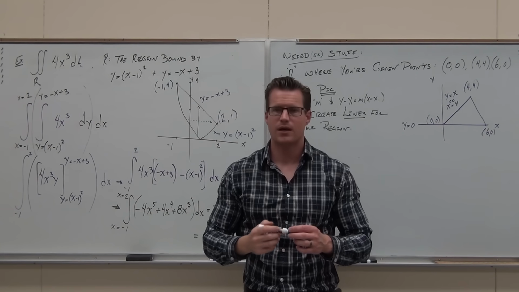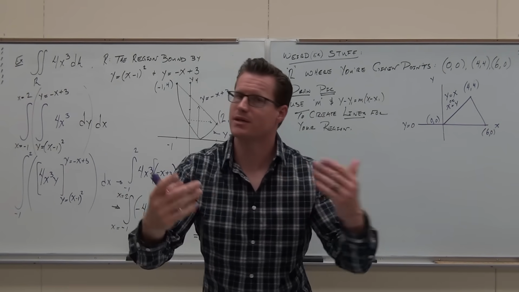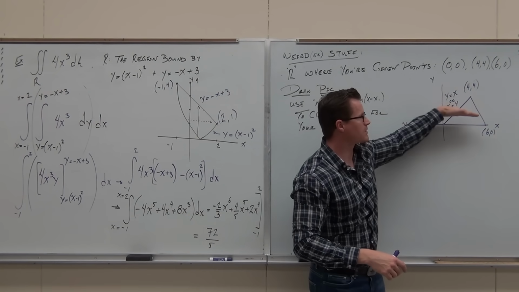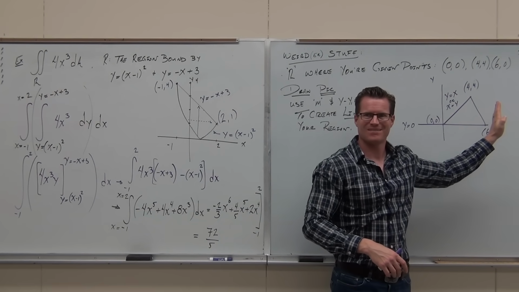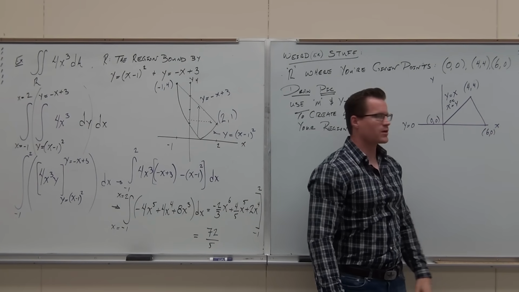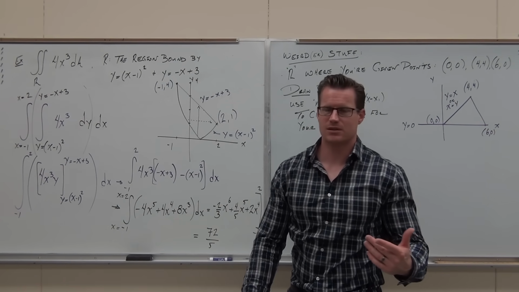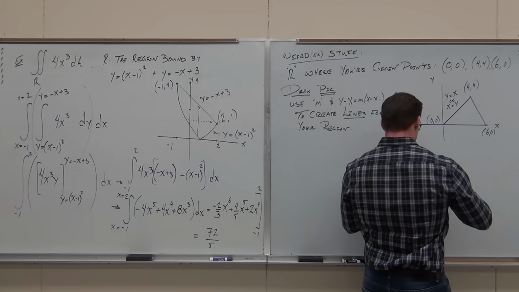Or x equals y. Listen, it matters. It matters what order you have them in, because it matters whether you want to go along the x first or the y first. Are you with me? Yes. Seriously? Okay. This one, if you want to figure that one out, you have to find the slope of that. That's a slope of -2 and a y-intercept of 12. So we get to choose between